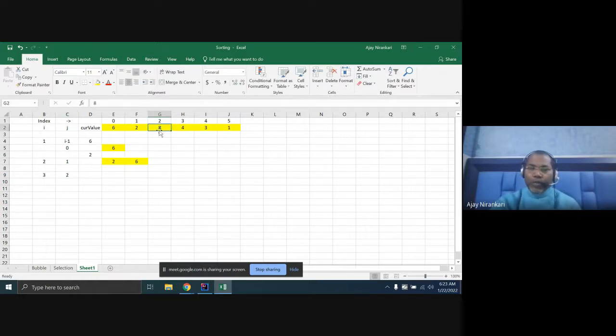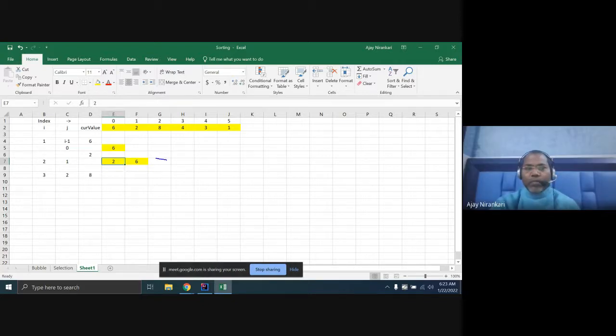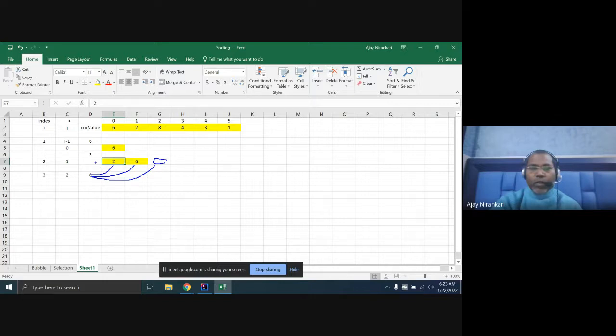Now you have to compare 2 with this number. Your current value is the 8. Now you want to place 2 here, here, or here. So you have to again check. This is the 8 position value, but you have to check whether you place here, or here, or here. You are not going to the less than. So always ensure that whenever j value is 0, your loop should start. You are comparing from this.